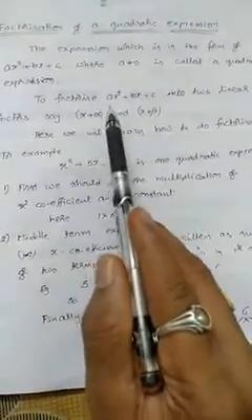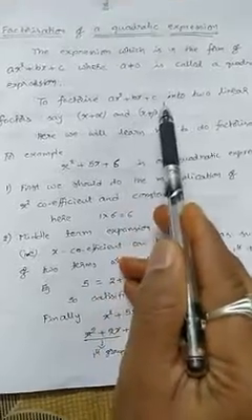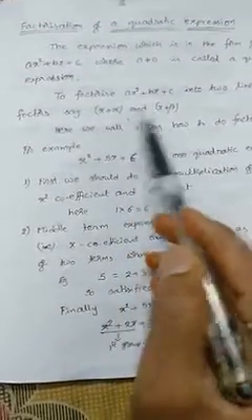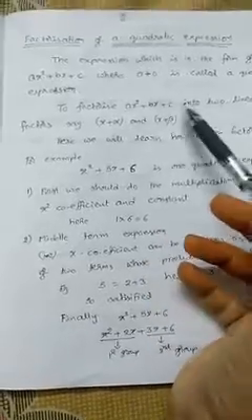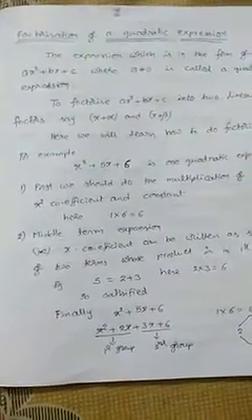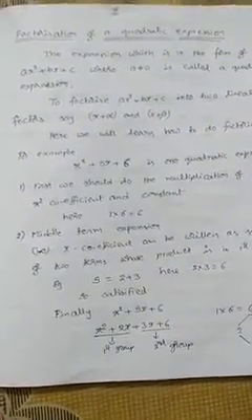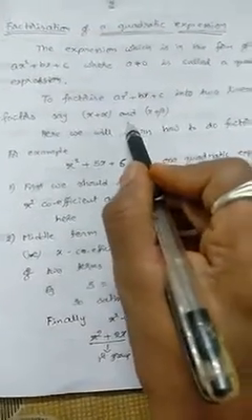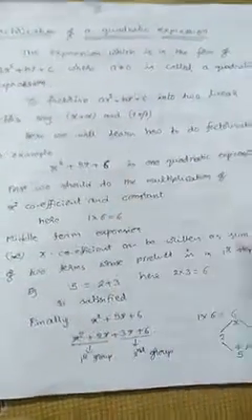Now when you want to factorize this quadratic expression ax square plus bx plus c into two linear factors, x plus alpha and x plus beta, alpha and beta are two values. They can be any value like 2, 3, 1, minus 2, minus 6, anything. So after converting the entire x square plus bx plus c into x plus alpha and x plus beta, it is called a quadratic expression. Now let us observe some examples.